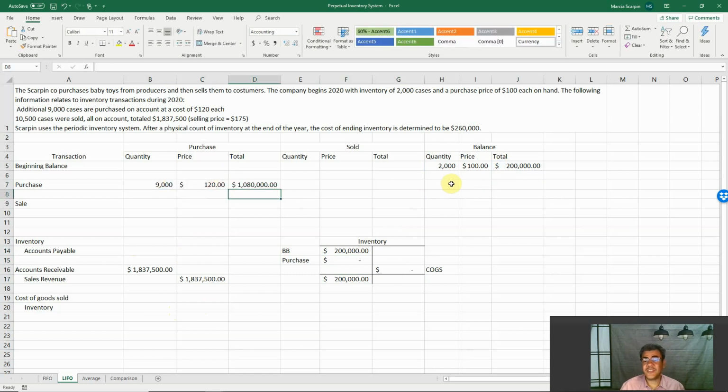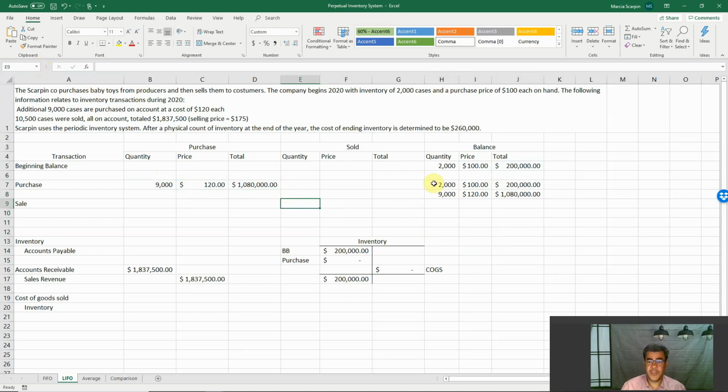And as with FIFO, we need to split our numbers here. Beginning balance and purchase. If we have additional purchases here, we would be recording all of them over there. Okay? And now sales, 10.5